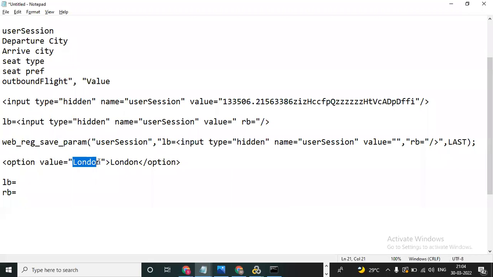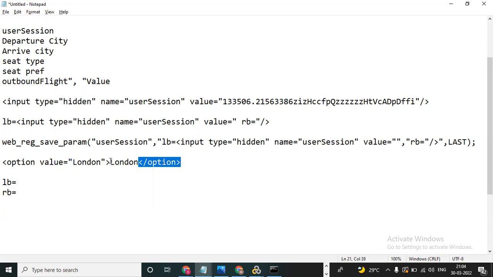What is the dynamic value? London is the dynamic value. So you can observe here, there will be two Londons. You can see this is the London. This is the London. So you can take this London as the dynamic value. This entire value will be LB, and the right boundary will be up to this. Maybe you can take this boundary as LB, this is the dynamic value, only this is the left boundary, this is the right boundary. So you can take any one, fine.